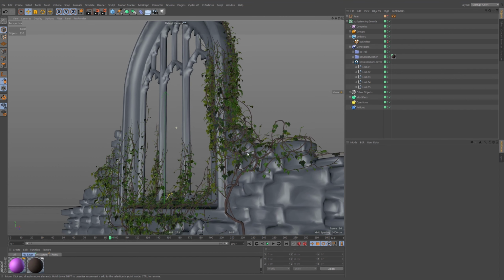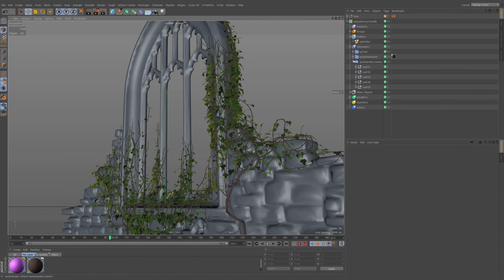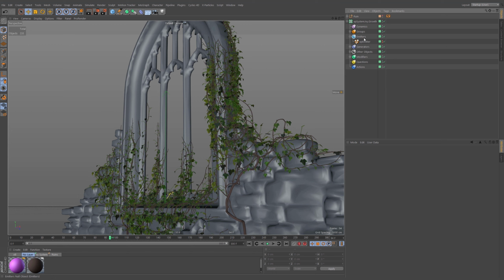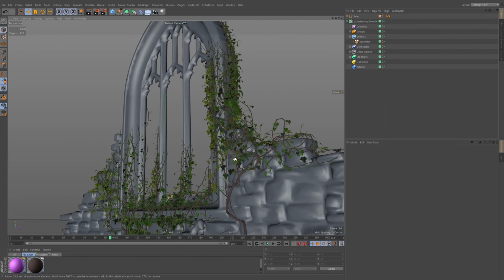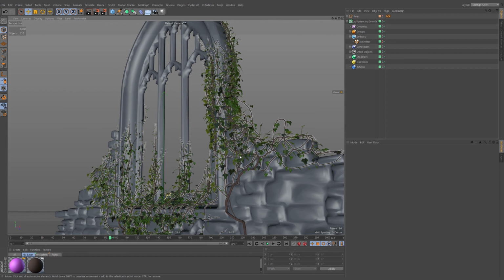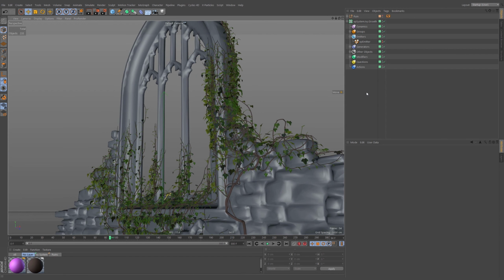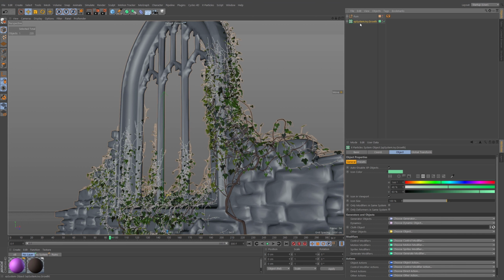And what we should do next is we should cache that out to disk, or you could cache it to memory, but that's going to be a bit heavy, and I think disk is much more versatile, because then if you render over a network via Team Render or things like that, you'll benefit from that hugely. So I'm going to cache this. Let's go to